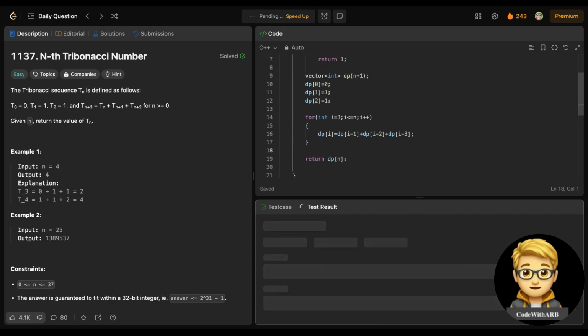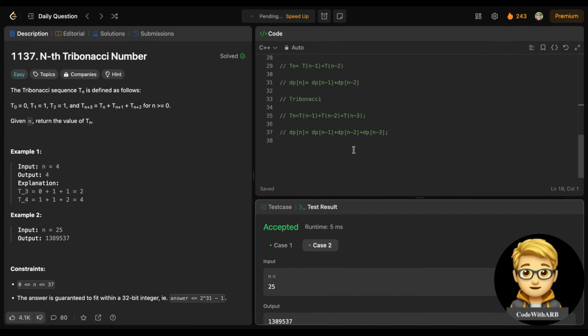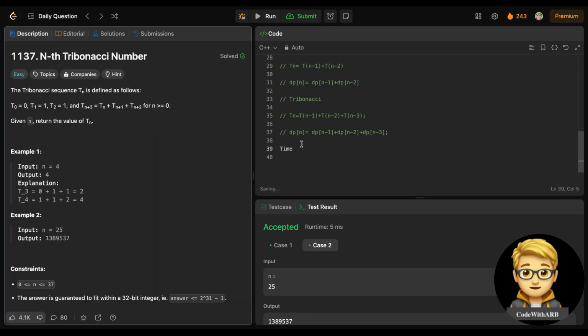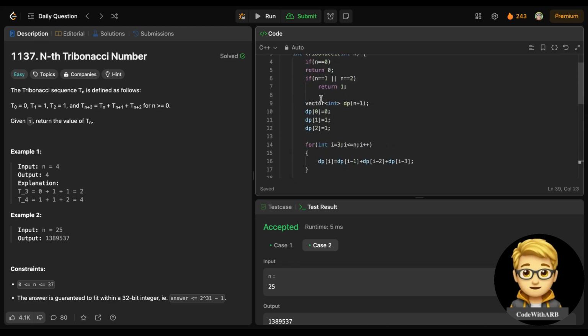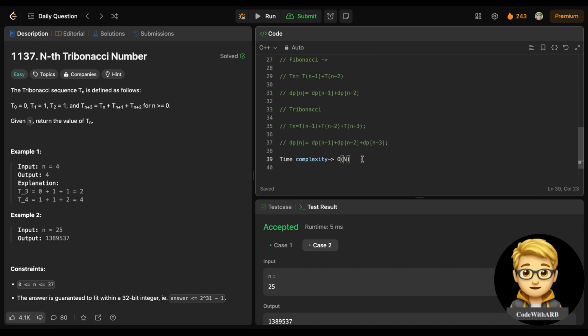So if we discuss the time complexity of this problem, what will the time complexity be? The time complexity is O of n, of course. Why? Because we are iterating from 0 to n. So time complexity will be O of n because we are iterating through the whole range up to the n value, and